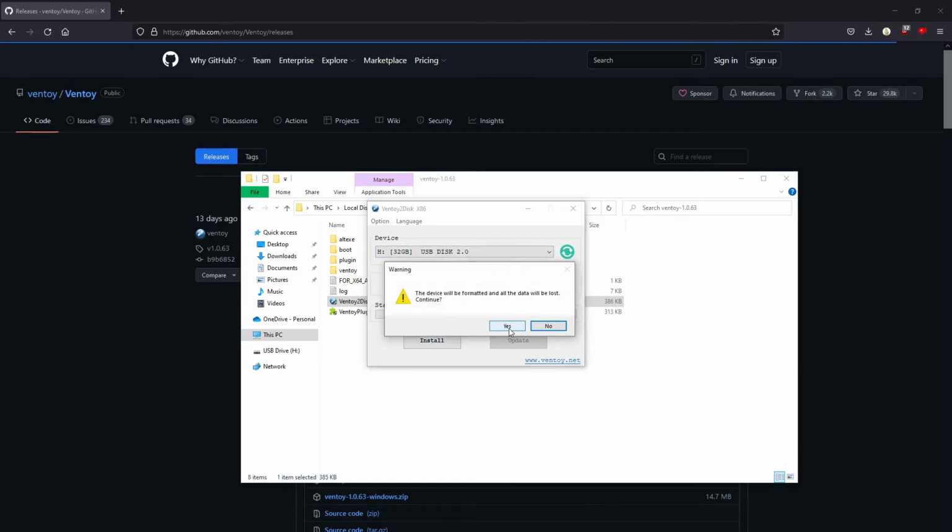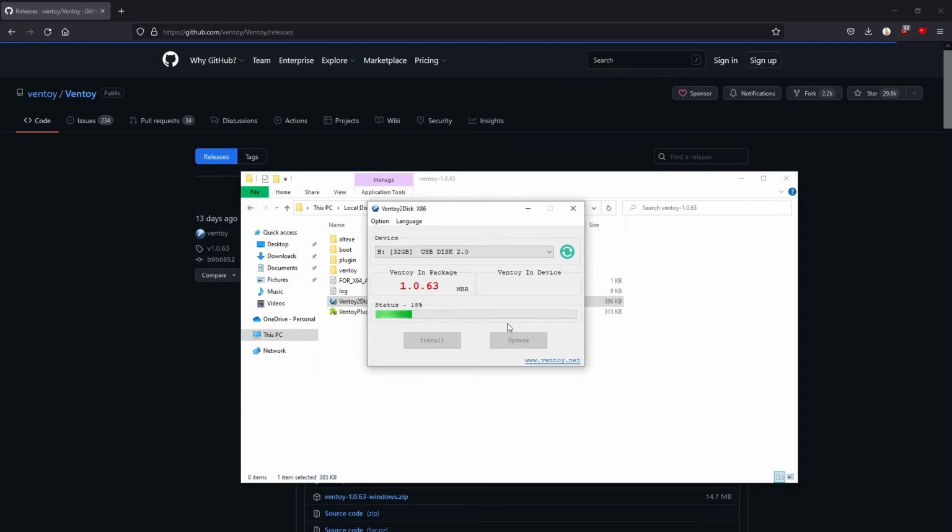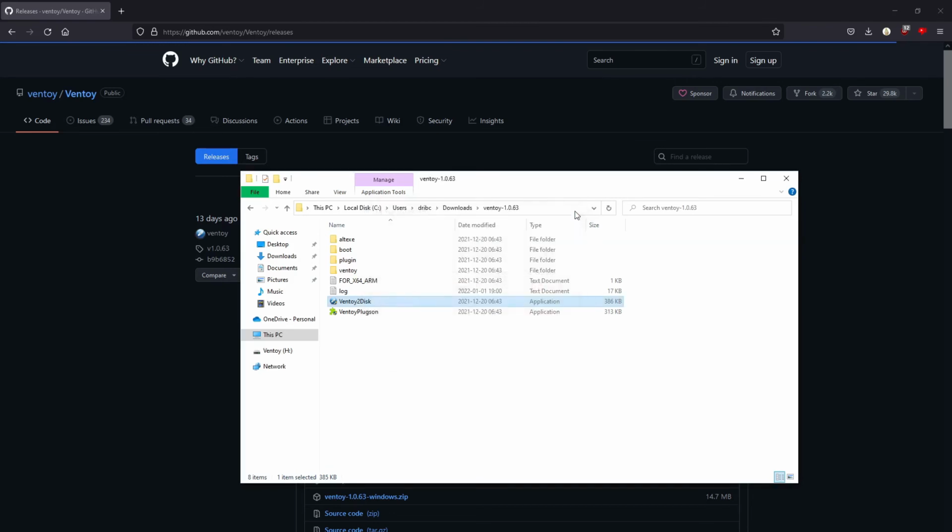The drive will be formatted, so make sure you have no important files on the drive. Press yes, and wait for the app to install the bootable software onto the disk. It has been installed, and once it has been installed, you can close the app, and you will have a